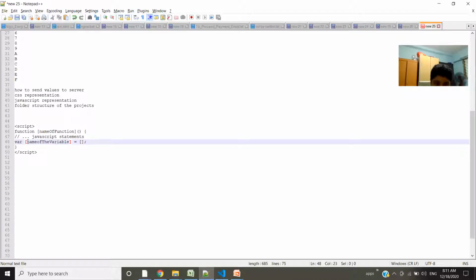That's why we just declare it as a variable. Then the open square bracket and ending square bracket tell you that this is an array. If you have some default values, you can just add them like this.